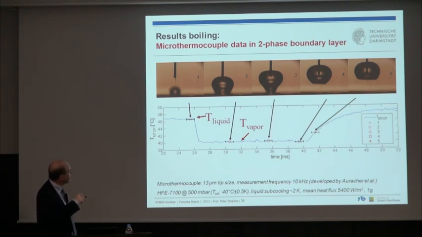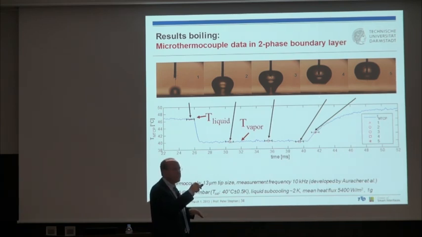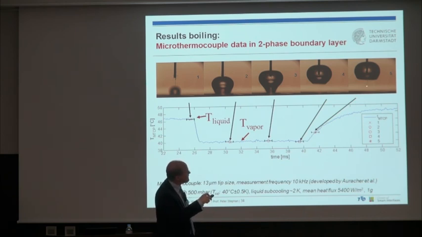Then we have a very high temperature, about 7 Kelvin superheat we measure here at the tip compared to saturation temperature. When the tip of the micro-thermocouple is inside the vapor bubble, we measure saturation temperature, here and there. And now it comes out of the rising bubble. And then when the bubble detaches, cold liquid is brought from the pool into the thermal boundary layer, into the wake of the bubble. So here now, cold liquid has flown in, and now we see a slow rise of this temperature. So first it's cold liquid. This cold liquid, due to the hot wall, heats up again until it reaches a high enough temperature for the next nucleation.